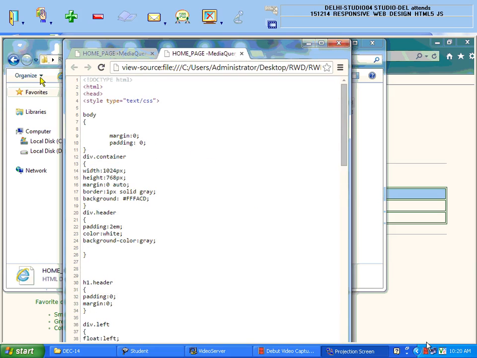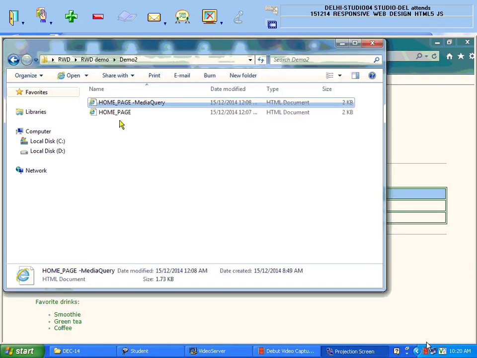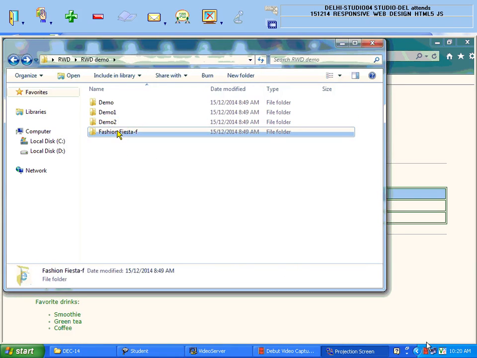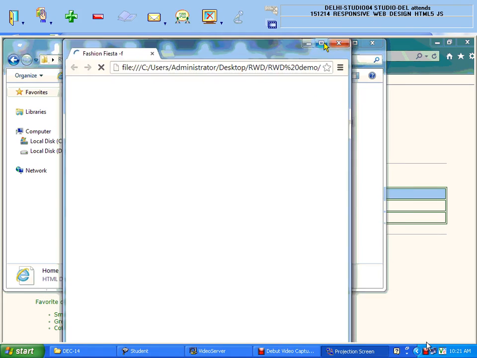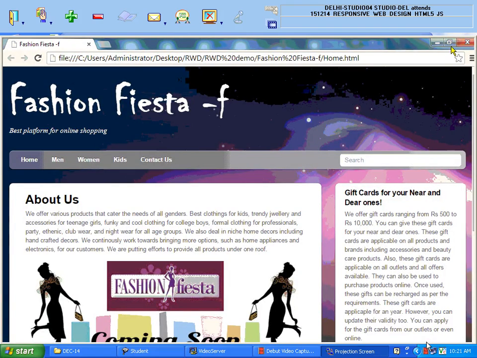Now I'm coming to my last part, that is responsive. What exactly does responsive mean? Before I explain this, I just want to show this page to you. Just look at the page. This page will render automatically according to the size of the screen. You can see over here, if I'm trying to make it small,